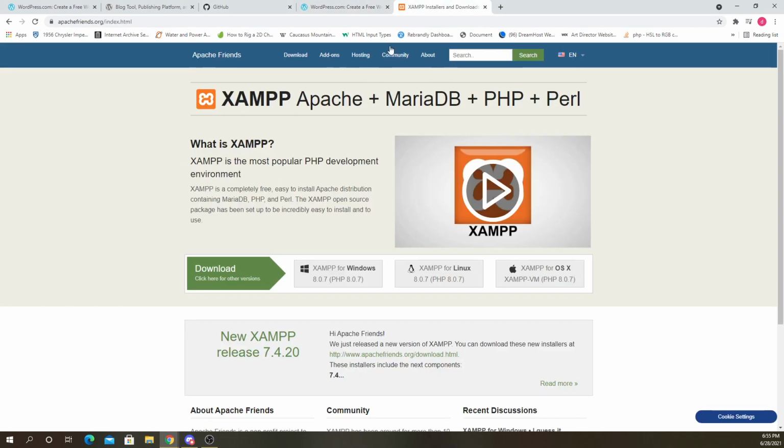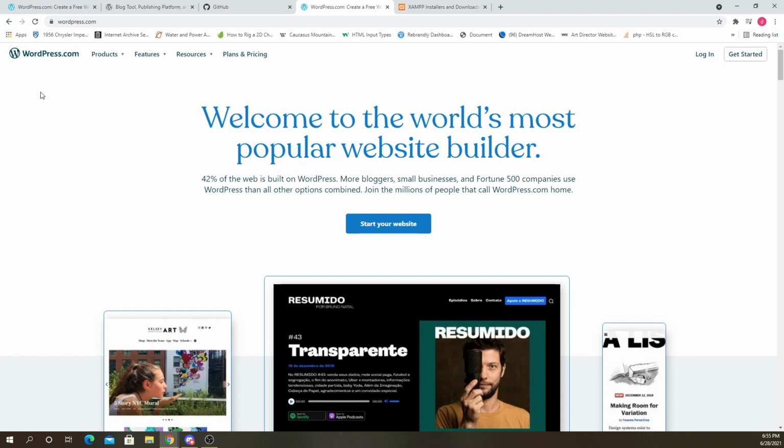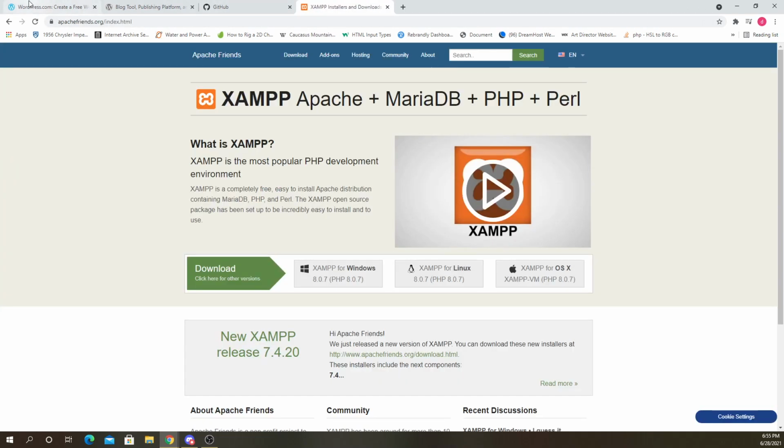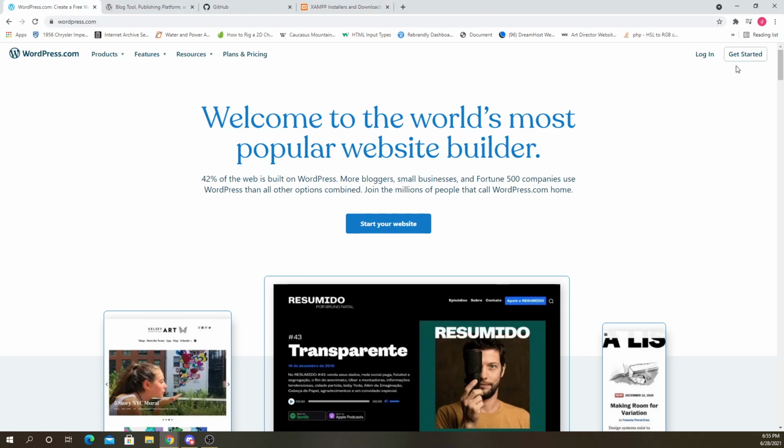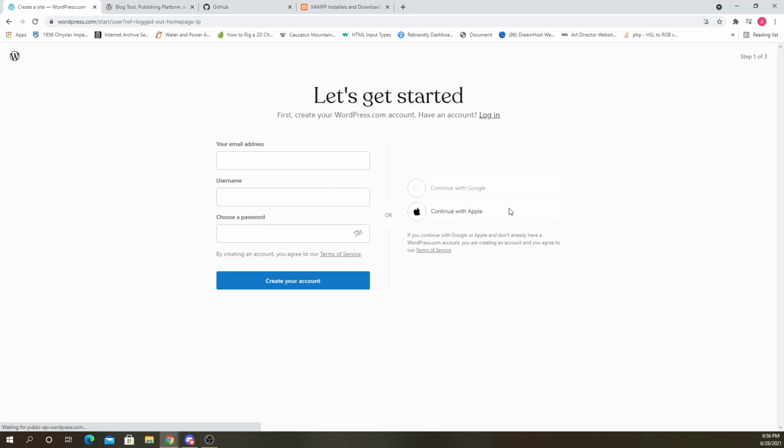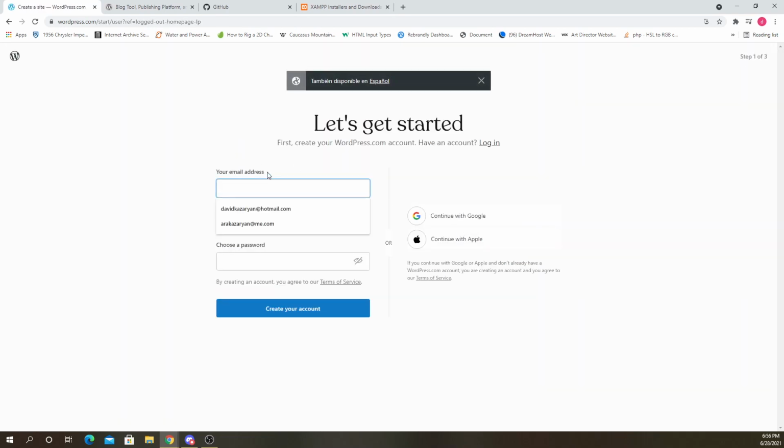Okay, but before we get into that, like I said, we're just gonna sign up for WordPress.com just to get used to the WordPress admin page and all the panels and stuff that it has, the options you get. Okay, so I'm gonna need all of you guys in the WordPress class to click get started. You're gonna have to sign up. You might have already created an account before, so you could just log in.